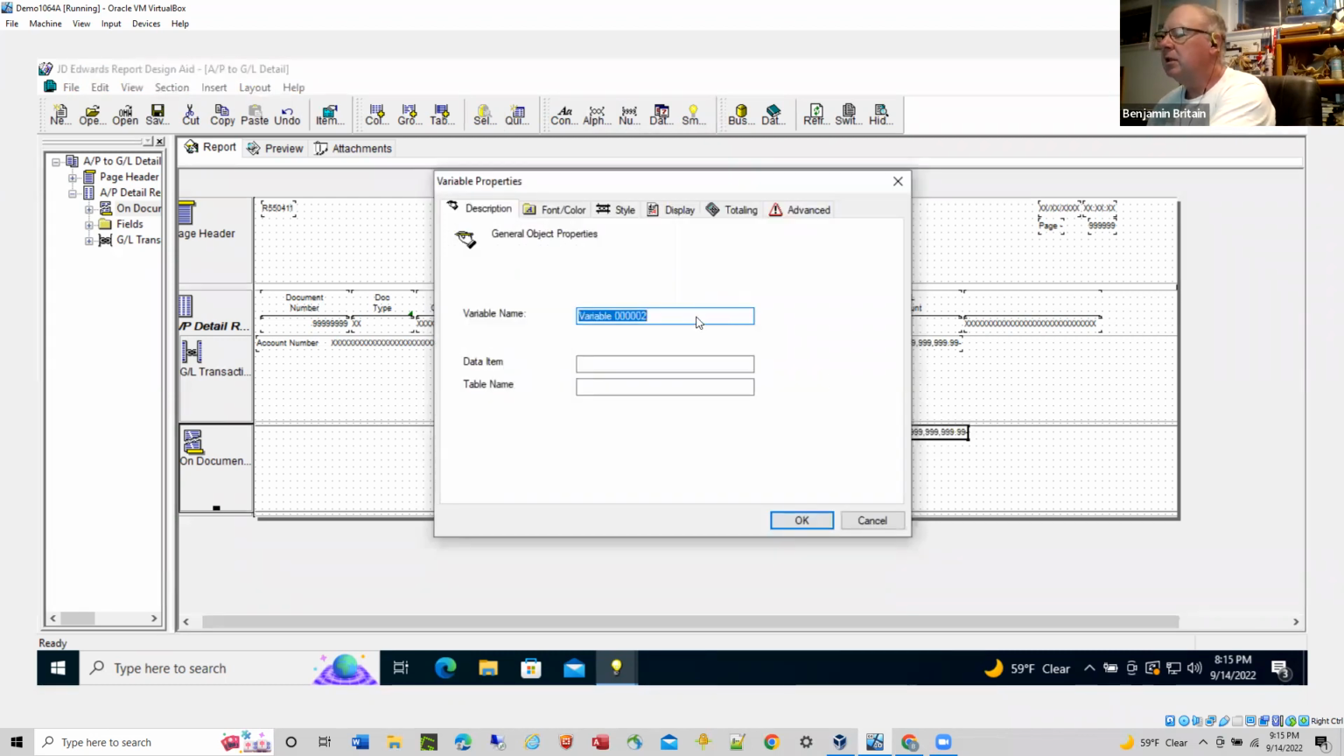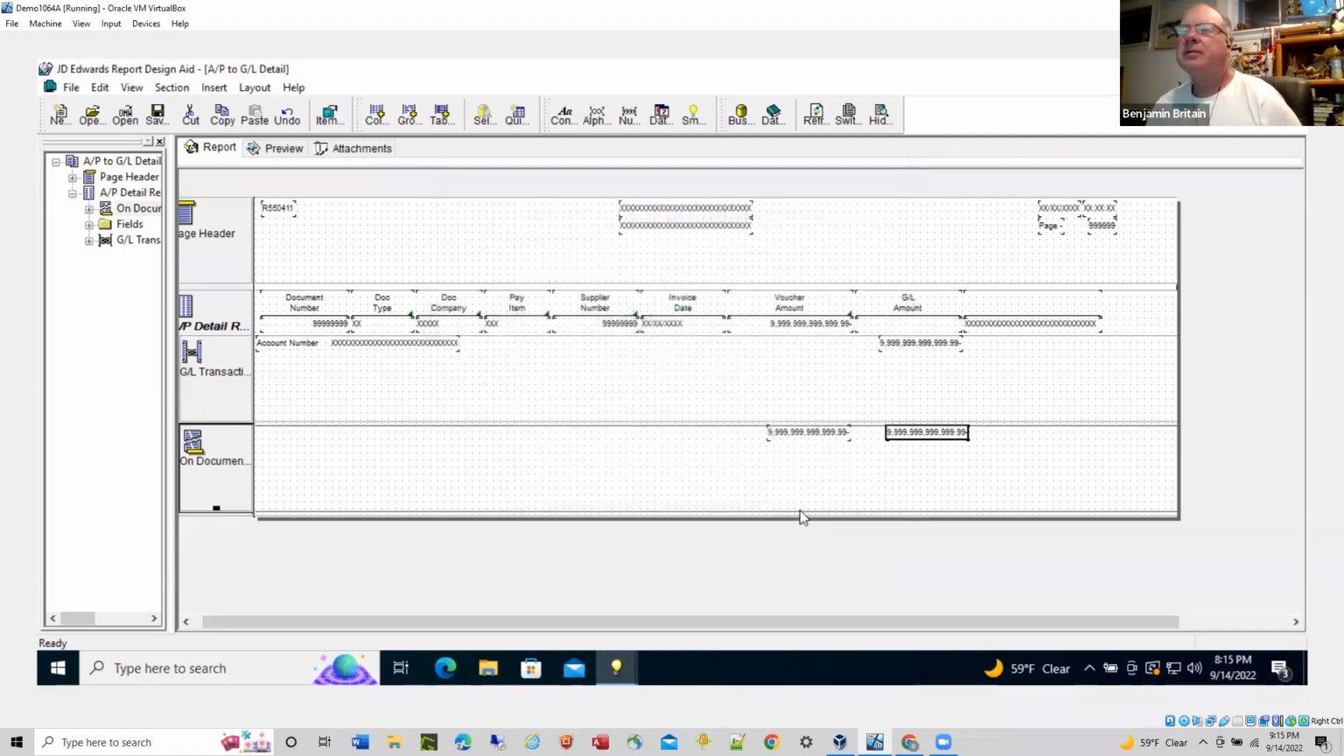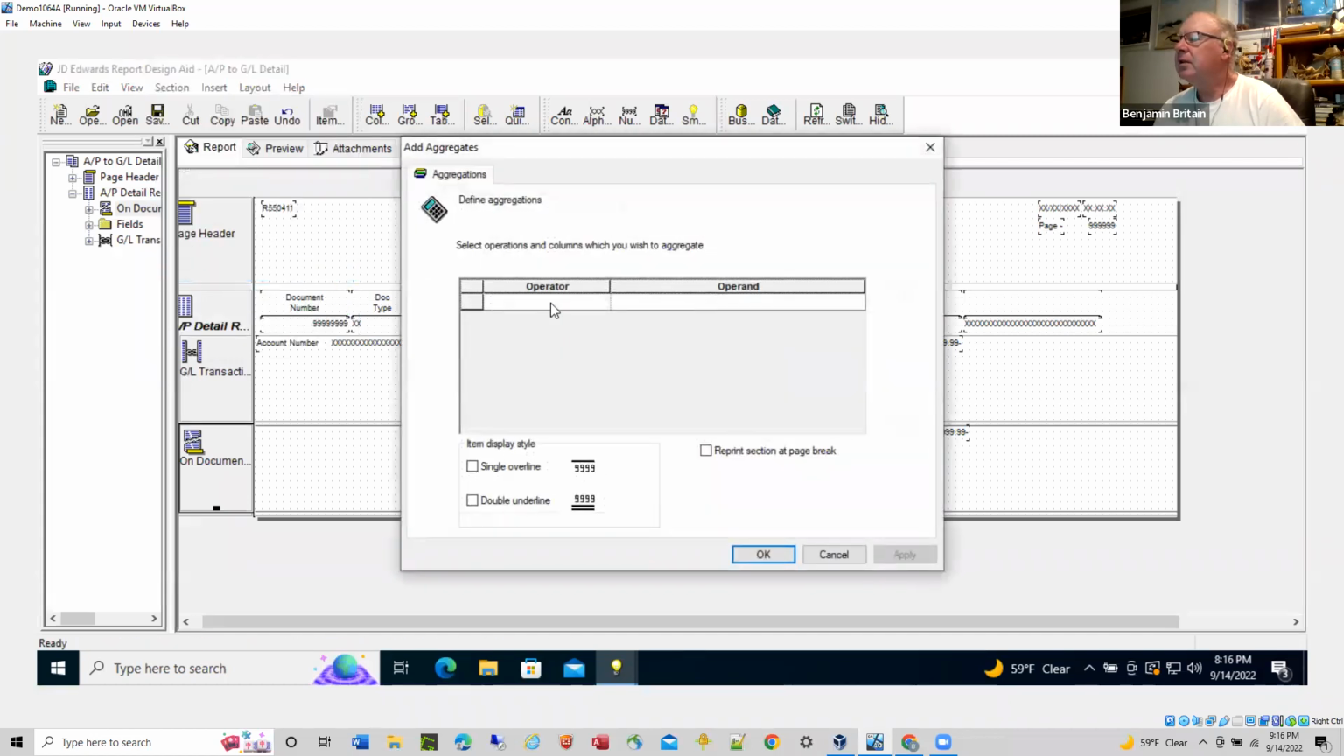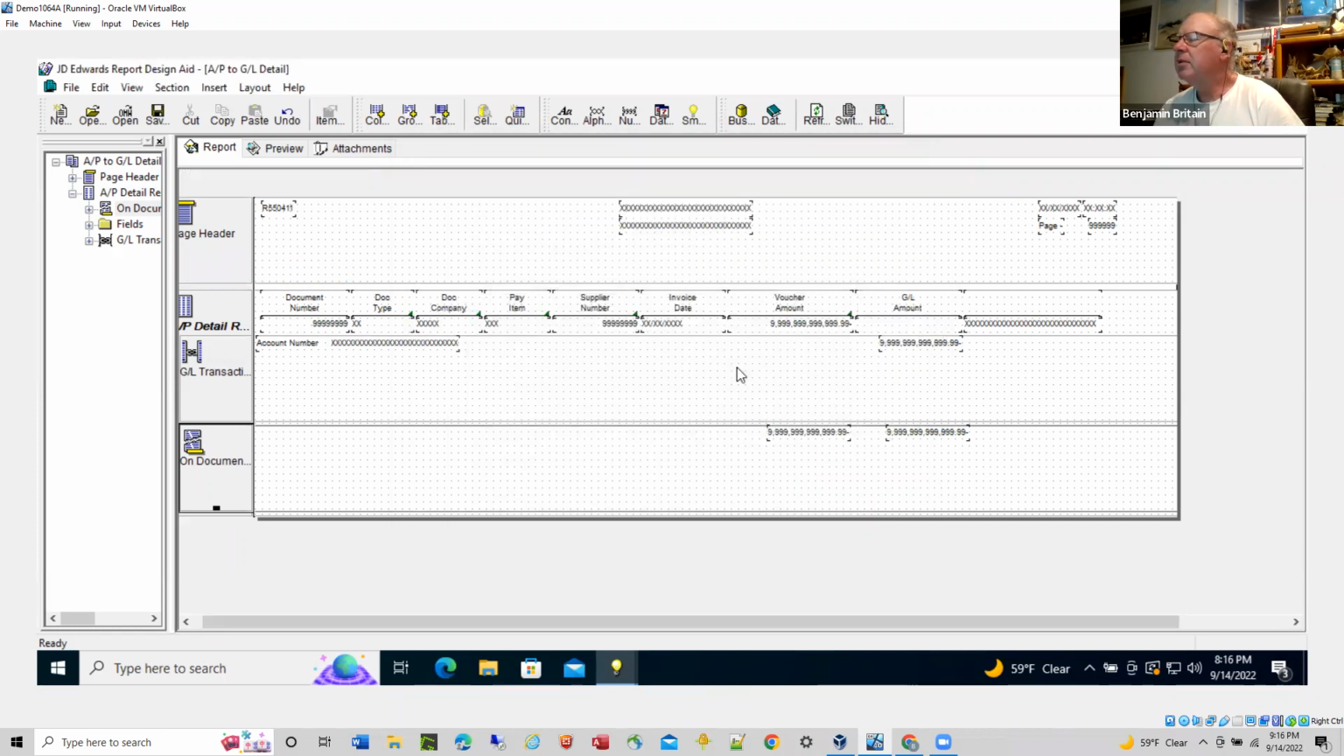And we're going to call this one total GL amount. Okay, so since we can't use the aggregates in this, wait a minute, I wonder if I can, so let me see if I can insert an aggregate. No, it's not going to give me one to fill, so I'm going to hit cancel right now. So, okay, so